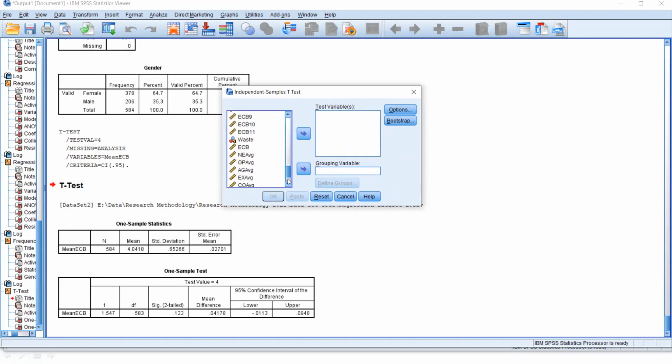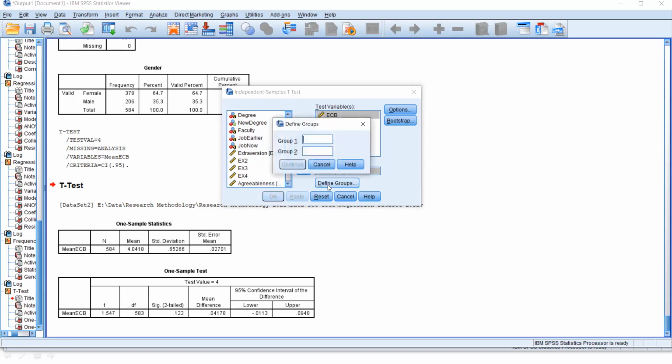So let's check. I put the ECB here. Here you need to put the grouping variable. What is your group? My group is gender. Here I select gender. Now it asks you to please define your group, because SPSS doesn't know what our groups are. So we need to define groups. And remember, with the independent sample t-test, we can only check that kind of difference if our group represents two categories, like gender, male and female. But if we have another category in gender, we cannot use the independent sample